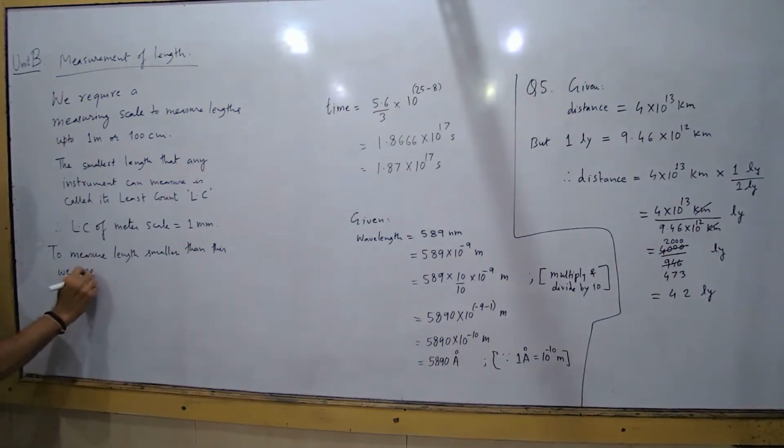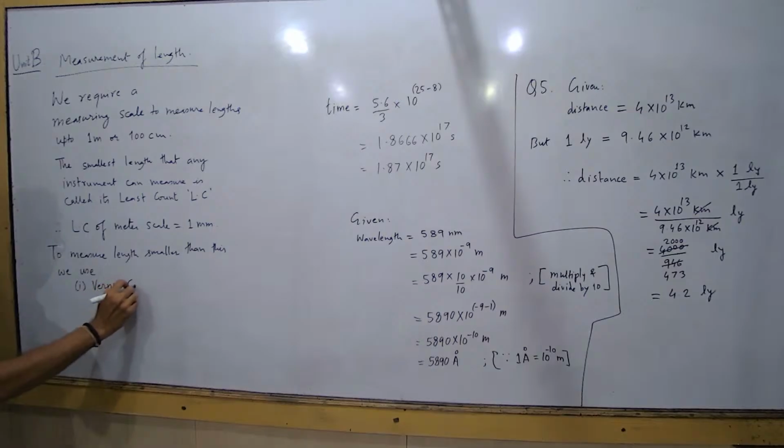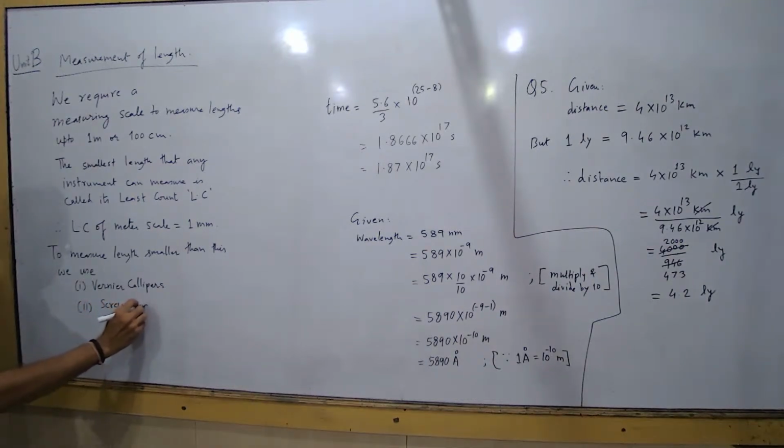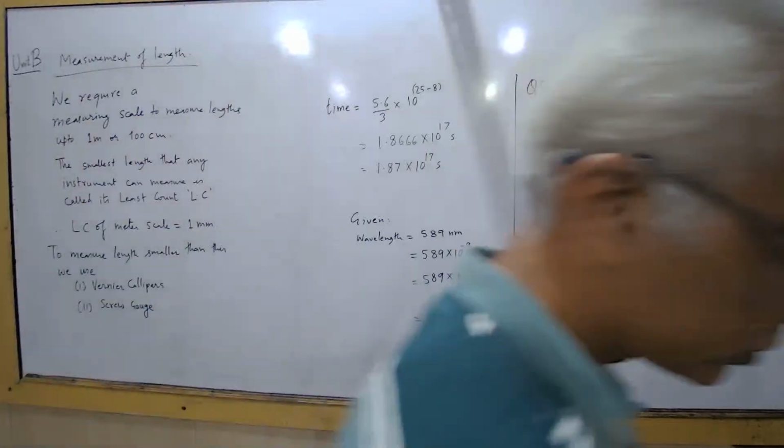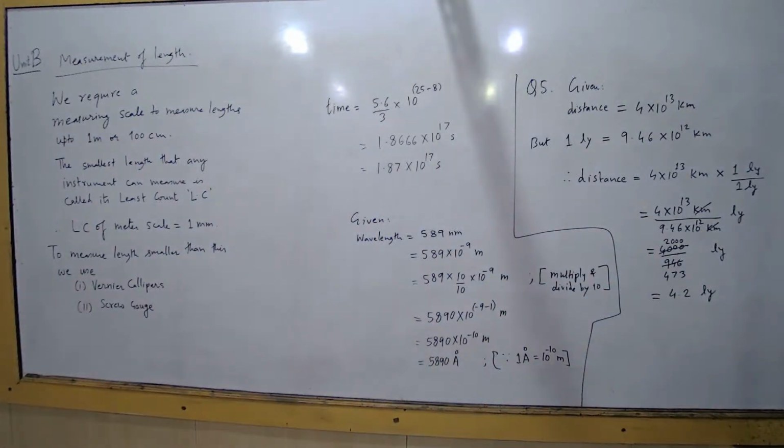We use one, vernier calipers, and two, screw gauge. Okay, these are the instruments. I will show you how they look. See the scales, ठीक है, अभी ये बच गया है तो